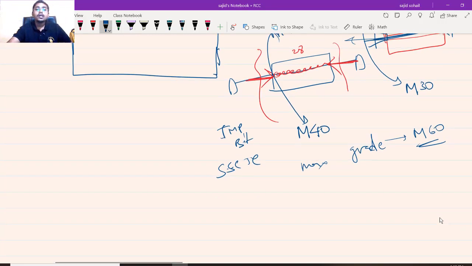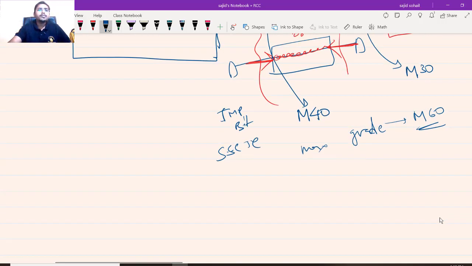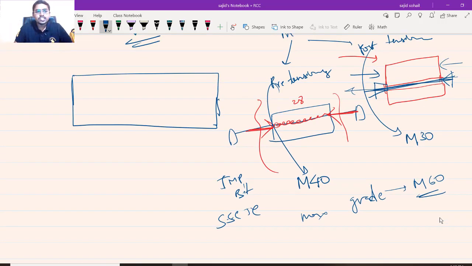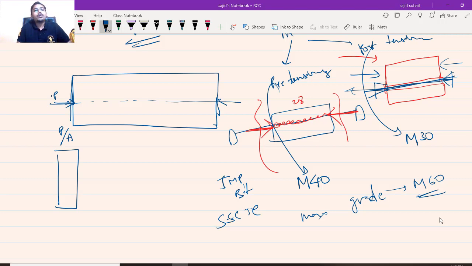Very important bits. Now let me tell you one simple fact. When I am giving this pre-stressing, let us say along the neutral axis at the center, what is going to happen? Obviously, because of this pre-stressing force, let us say P, acting on the area, I will get a stress, force divided by area. What is stress? It is nothing but force divided by area. P divided by A all over my body.